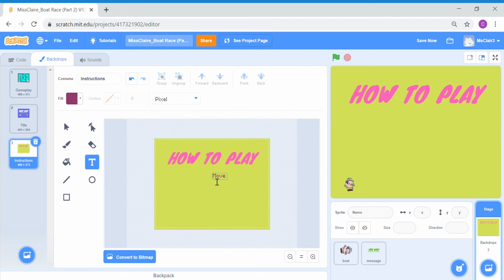So just type out some basic instructions to teach players how to play your game. Okay, so move your mouse cursor to guide the boat through the maze to reach the island. Okay, and I'm going to add a next line. I use the enter button to move my line down. Be careful not to crash